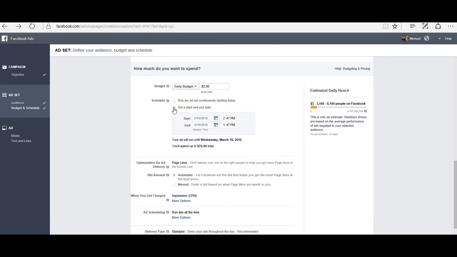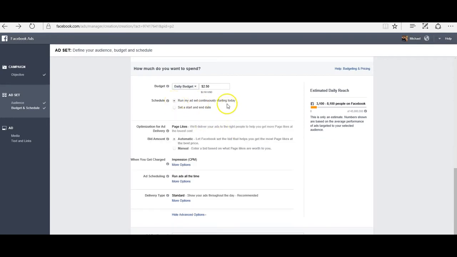You can click here and put a start time and an end time. Facebook does have to approve all the ads anyway, so if you start it immediately, it takes a while to get approved. But you can set a start time and an end time. If you're more comfortable, go ahead and do that. That way you make sure that you don't overspend. I'm just going to keep it set on run continuous, and you can always go in there and pause and stop the ad campaign